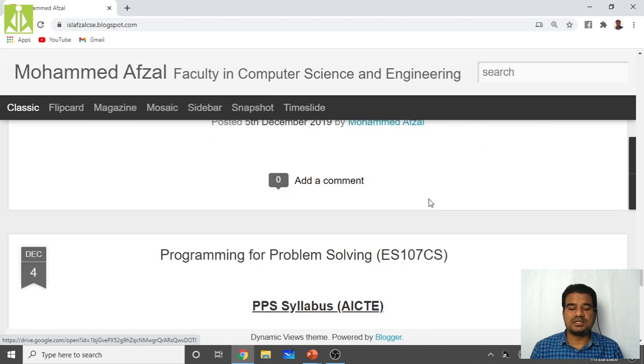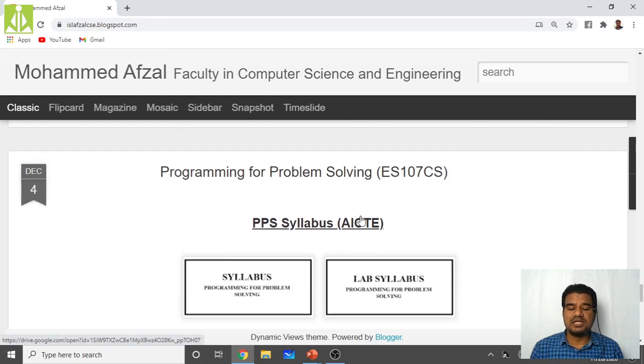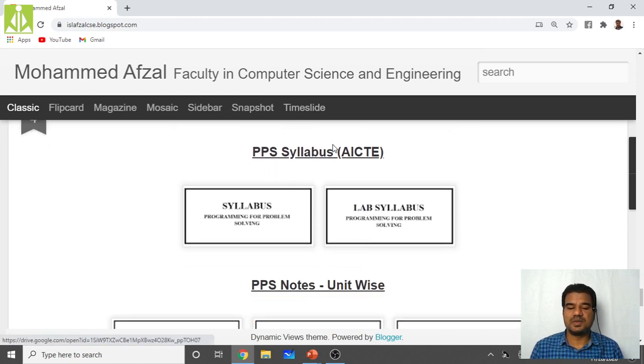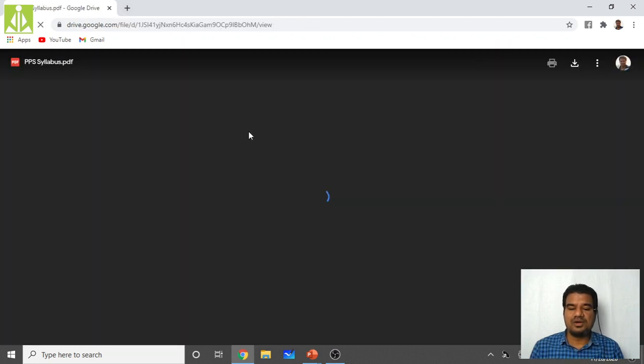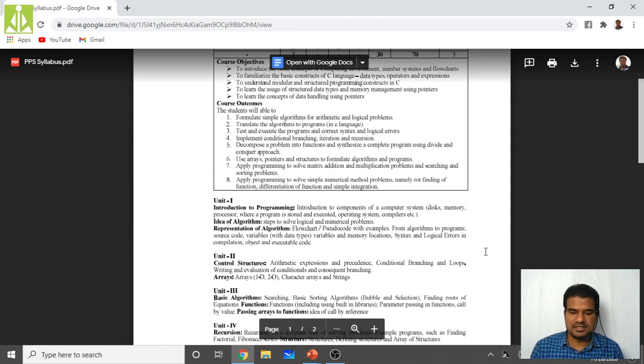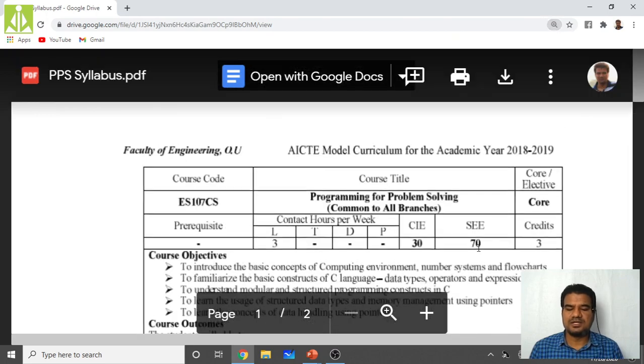Here I kept the unit-wise notes. As you can see, the PPS syllabus according to the AICTE. Whatever I kept inside your slides, that same syllabus it will show over here. See, this is your syllabus. I'm just zooming in.